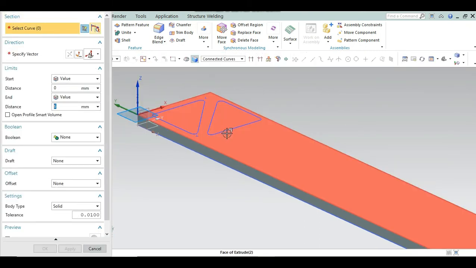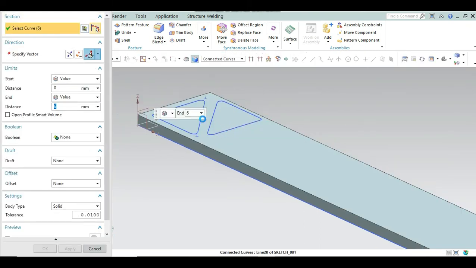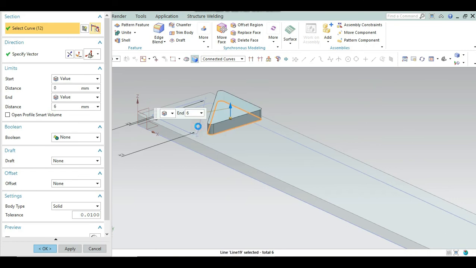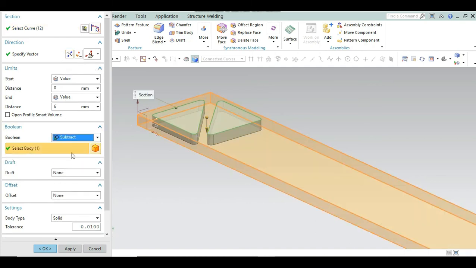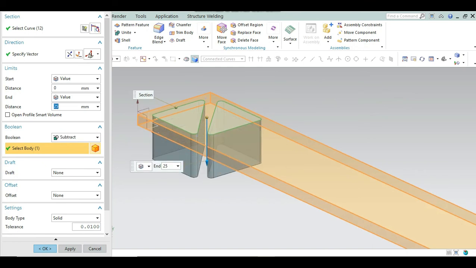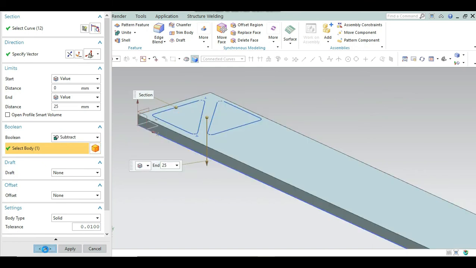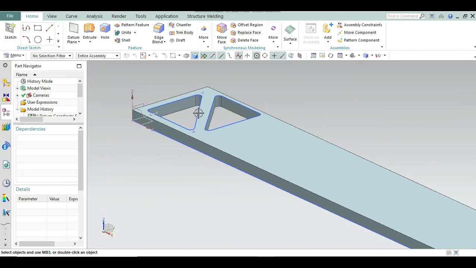Select the curves. We can select this one and this one too. Reverse the direction because we have to extrude it downwards. Now from boolean you can choose subtract. The select body is already selected. Now you can subtract it how much you want, and now select okay, and these two boxes get empty.